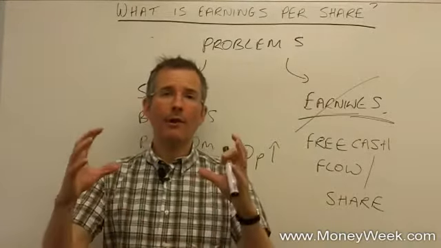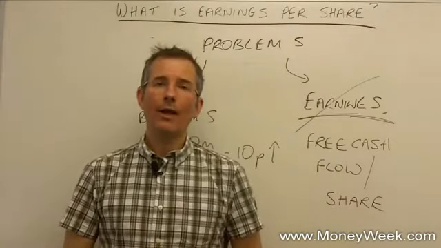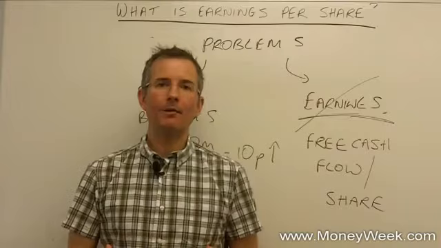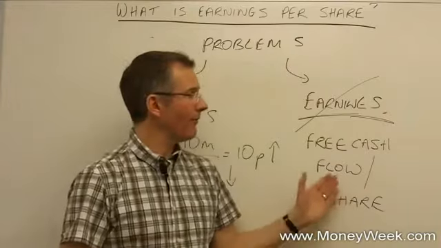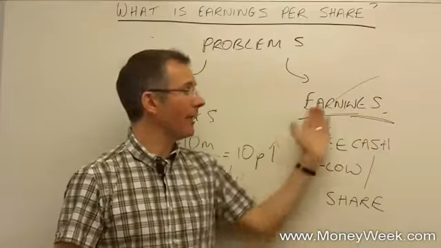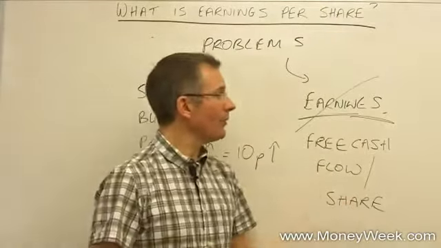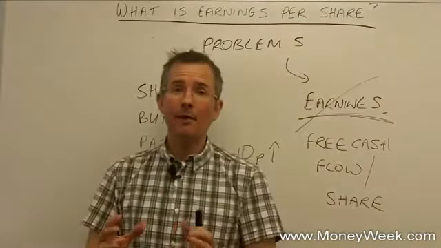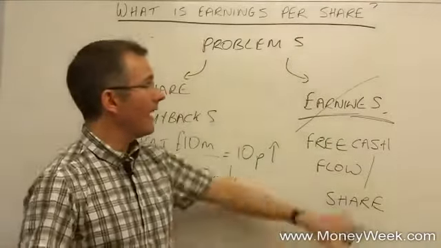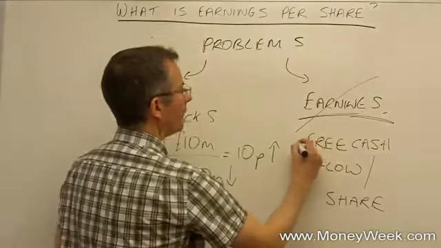You would take that operating cash flow and knock off a little bit for essential capital expenditure, on the basis that what's left is what the directors have to play with. It's the stuff that they can choose to some extent how they allocate. So free cash flow per share, something we'll pick up in another video, but essentially says actually EPS isn't really good enough, so instead